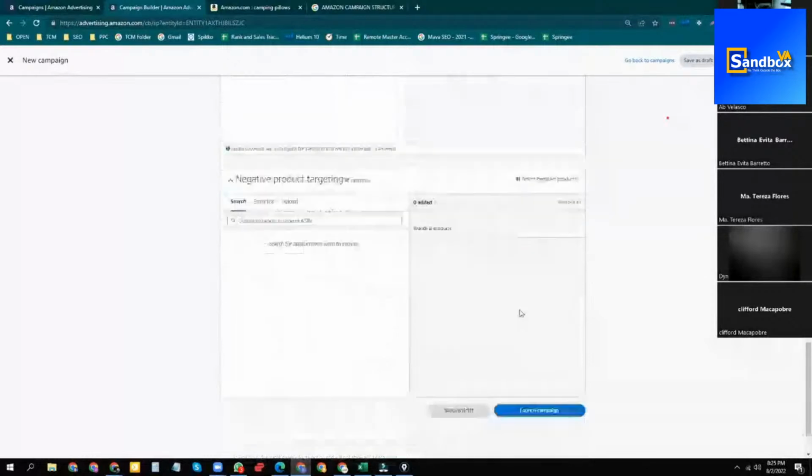And right after that, you can also put a specific product na ayaw mo mag-appear, like let us say